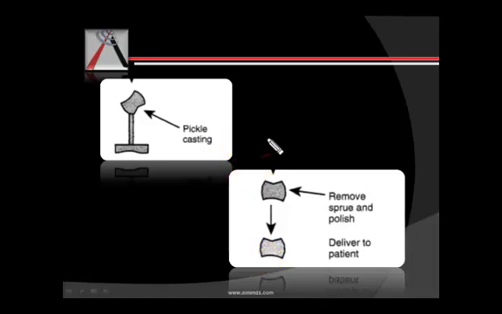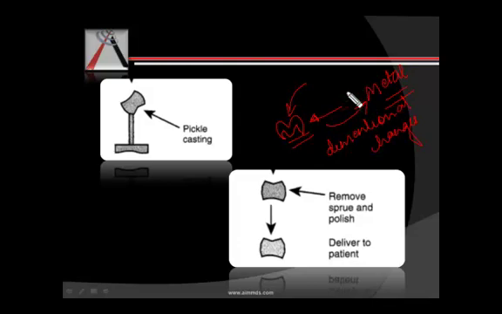Now during this whole process we have various materials involved. We have a wax pattern, which is subjected to numerous temperatures during the process of casting. Then we have the metal that is molten and solidified, and the investment that surrounds the wax pattern. These high temperature changes during the casting process may result in a lot of dimensional changes, and this is something we do not want. So how are these dimensional changes avoided?